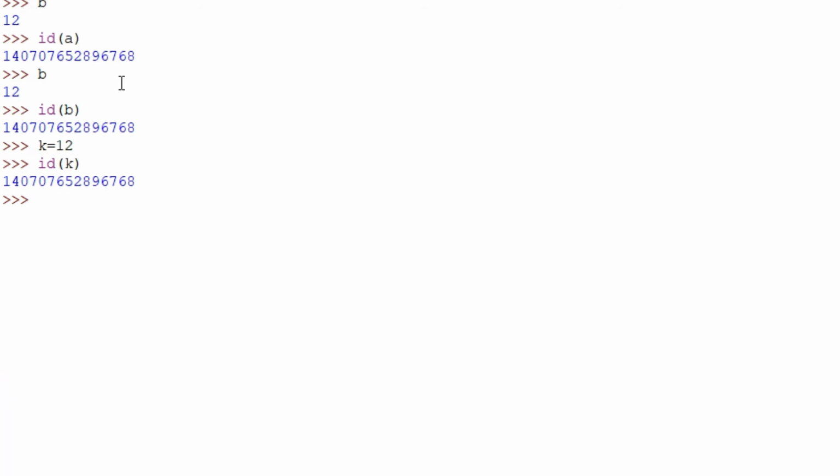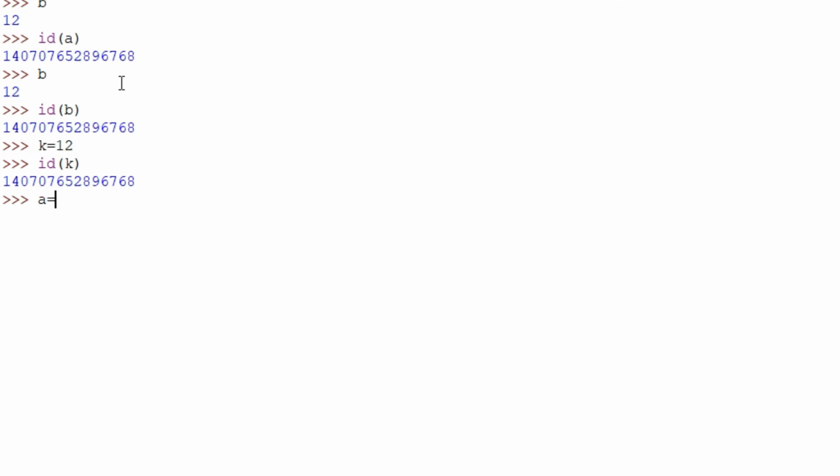It will not create multiple addresses, because the same value is held by three different variables. So for all three variables, only one memory location will be allocated, and memory will be saved.